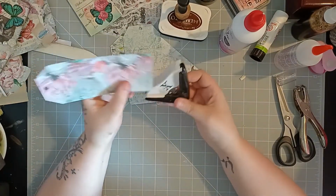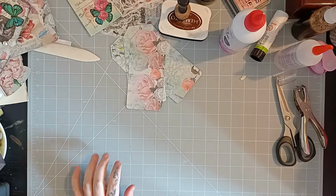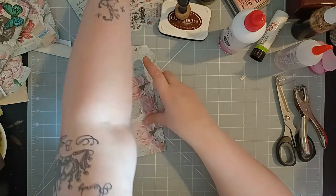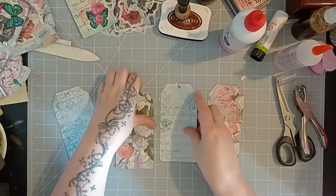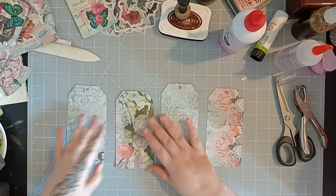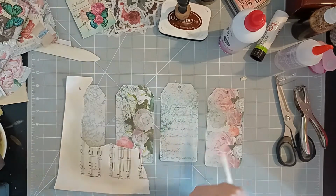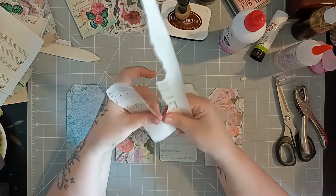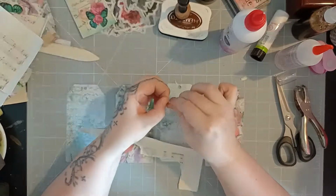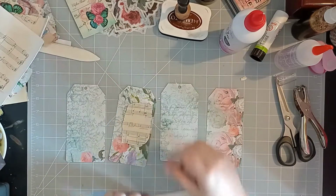Now, for this one, I'm going to show you how I mass decorate. So for instance, I've got 4 tags. I want to get them decorated now. I want them done, out of the way. So the first thing I do is I spread them out, like so. Then I get some base paper, and I start to tear out bits that I fancy. I take off the white, place it down,